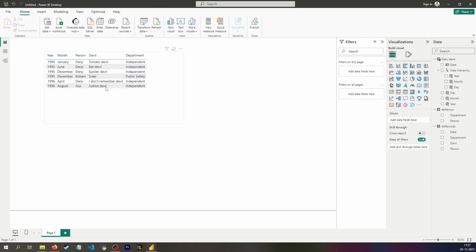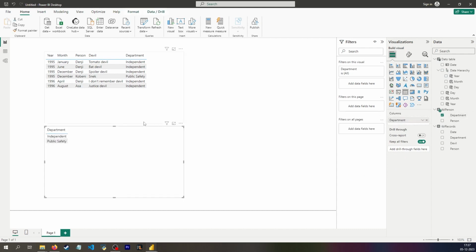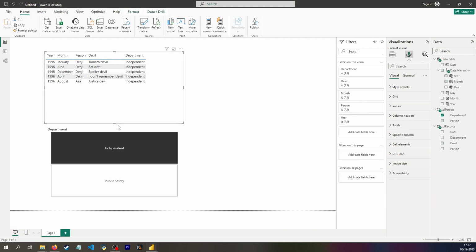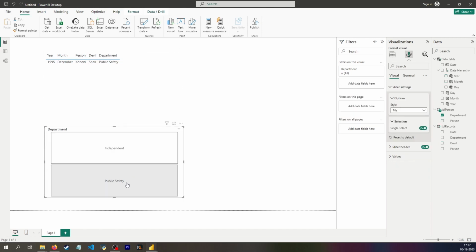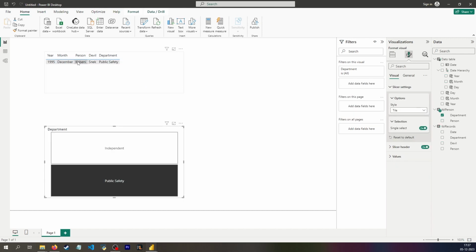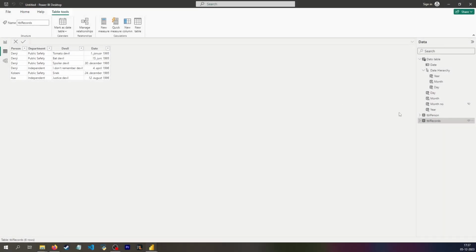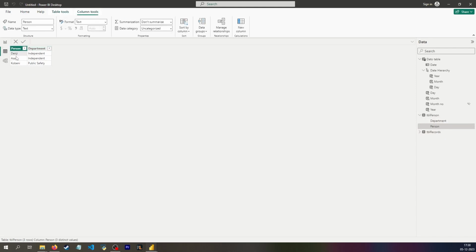But I want to be able to filter my table based on the department. If I start out adding department from the tblPerson and then turn that into a slicer, what I'll see is when I've selected independent, I get the 3 original rows for Denji, which was exactly what I don't want. And when I select public safety, I only get Kobeni, but here I expect to see the 3 original rows for Denji, as we can see here. And that's exactly because of the relationship between tblPersons and tblRecords, which means that because in this table, Denji is associated with independent, when I then use this column and this column, I will only see Denji as independent,